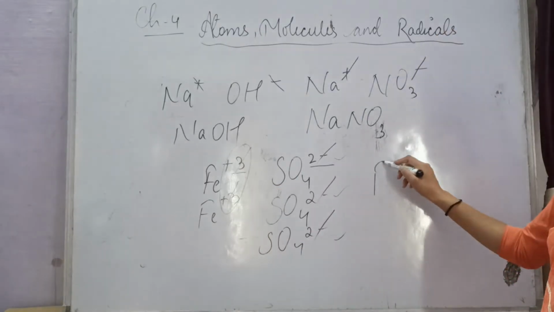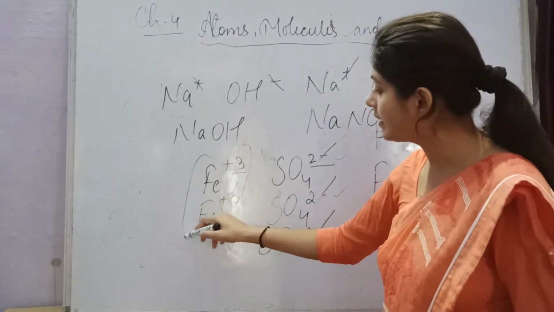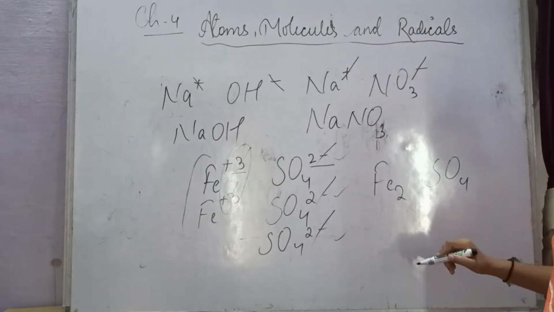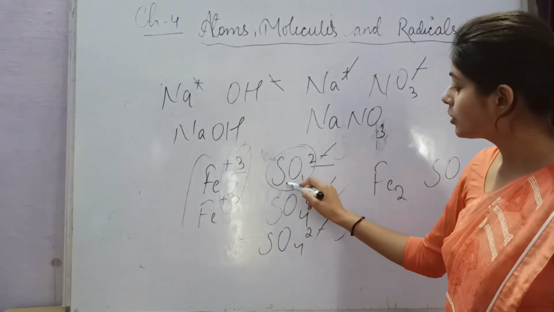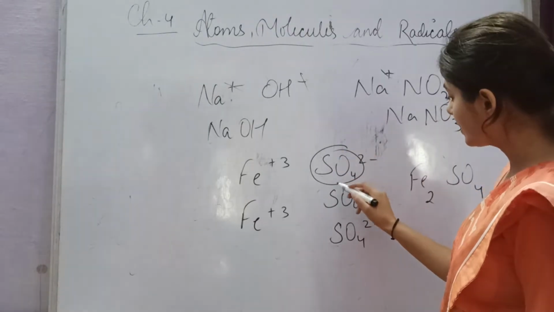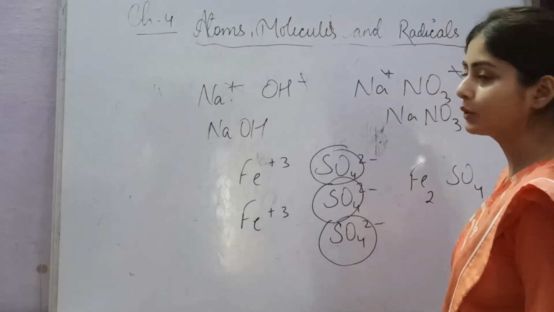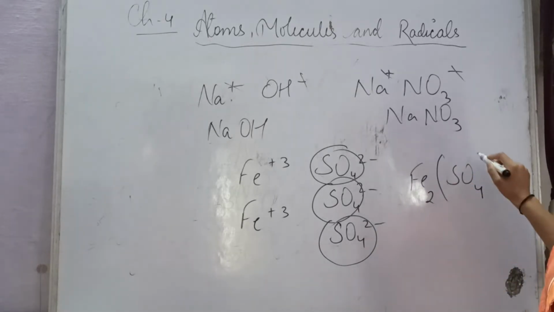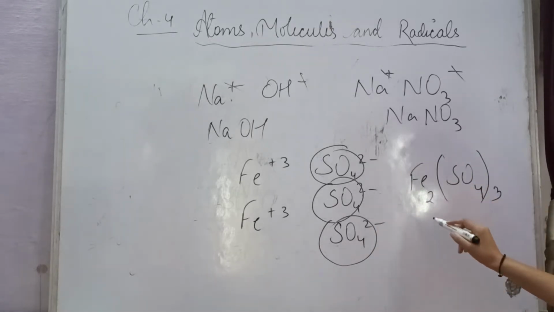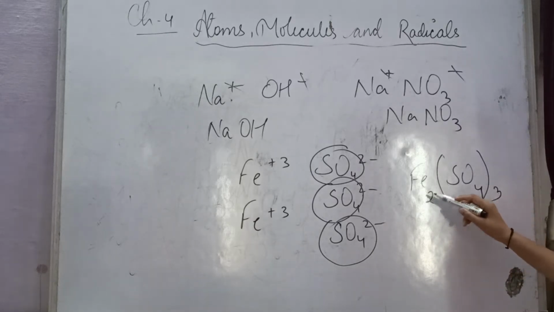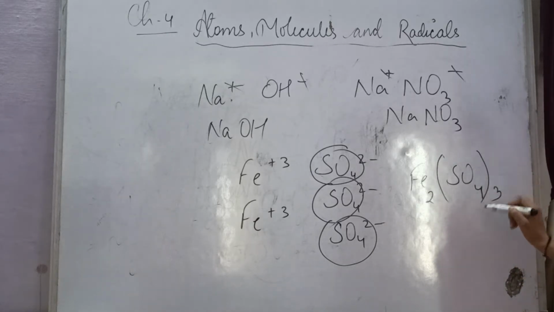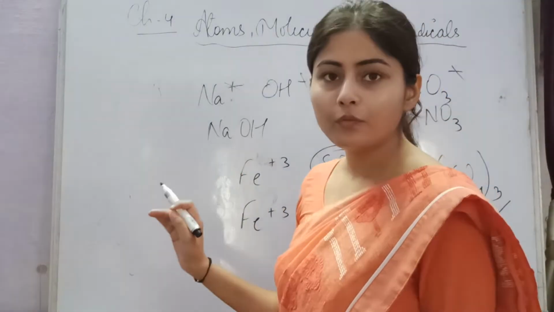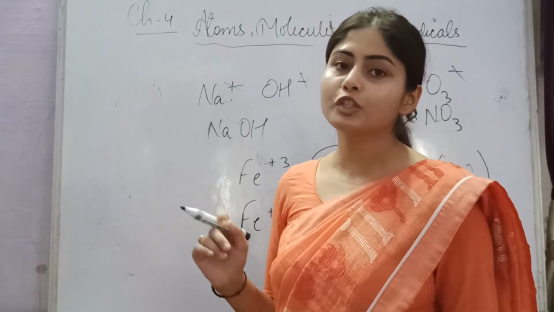What you will get is a compound Fe2, iron is here, right? So Fe2 and SO4. How many sulfate groups are there? 3. 1, 2. One sulfate group is this, then the second, and this one is the third, right? So how many sulfate groups are there? 1, 2 and 3. So you have to write 3 outside the bracket. What you will get is iron sulfate, Fe2(SO4) whole thrice. Alright. So this is how we can form a radical compound by cancelling their charges, right?